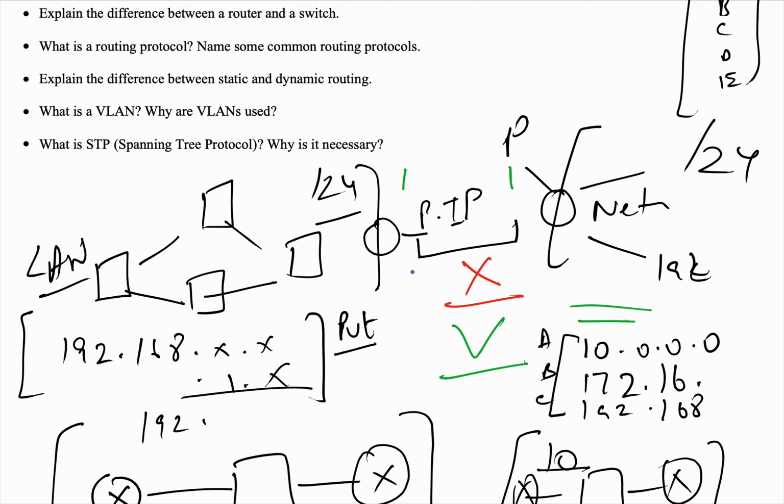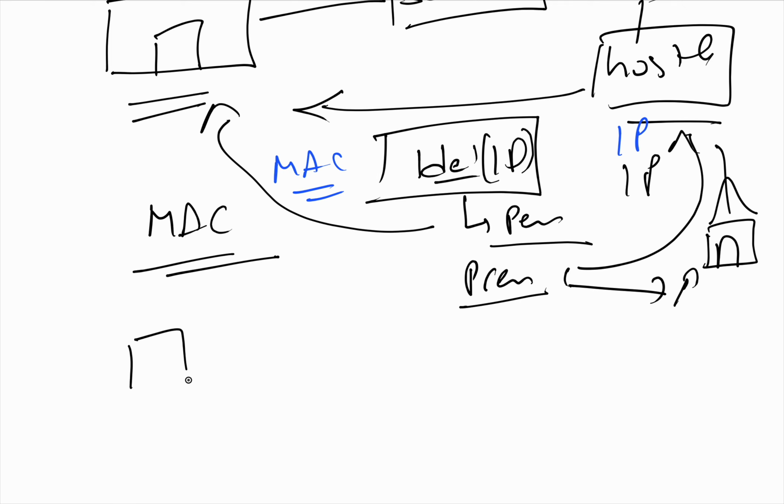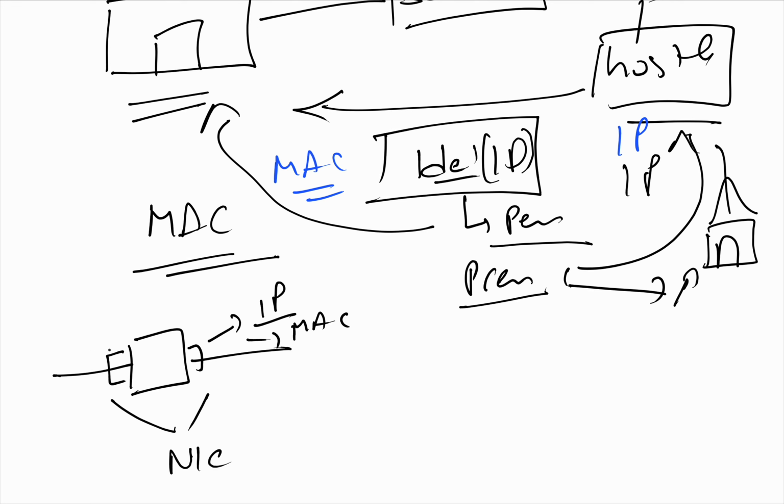Okay, now to get in depth, how does it differ from an IP address? In a very simple way, MAC is basically media access control. It's a unique 48-bit or 64-bit hardware address assigned to any network interface card. I have two cards here, called NIC, network interface cards. So every interface will have both an IP address and a MAC address.